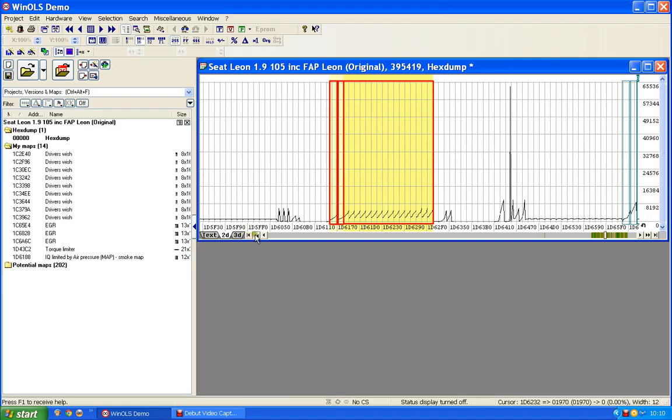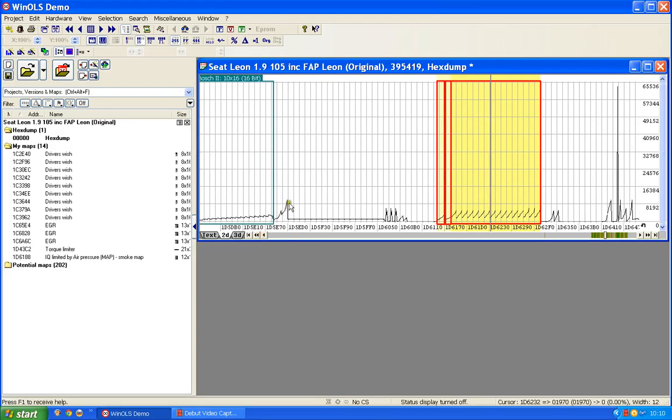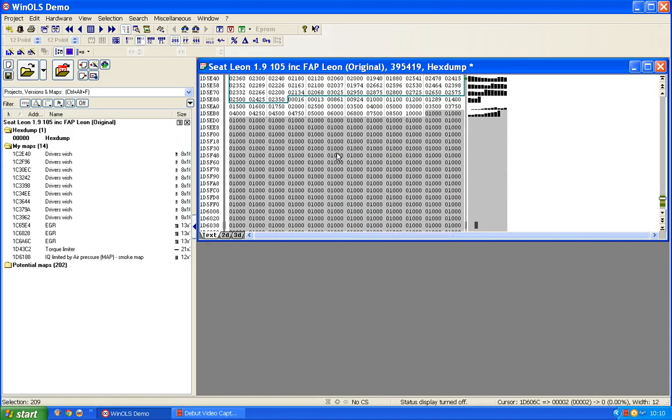Now in this case I'm taking a guess, but I suspect that what we're looking at here is possibly another version of this, but the MAF version. But what's been done, it's been leveled out at a fixed value. Now that may be for emergency use, or it may be just for not use at all. So I'll have a look. Now an easy way of having a look at a map, which I may not have mentioned in the past, is to click where you think it starts and drag to where you think it ends, and then change view. You won't hit the exact right spot, but that doesn't matter because it puts you roughly in the right area,